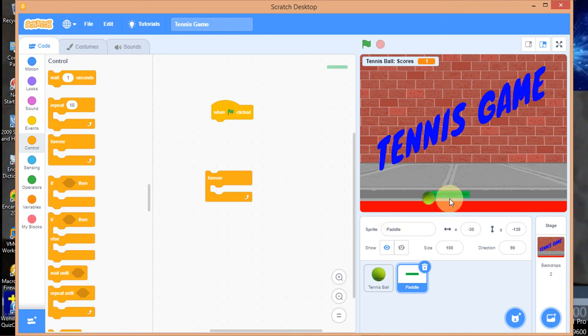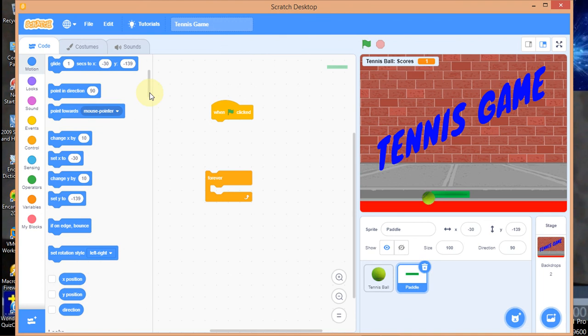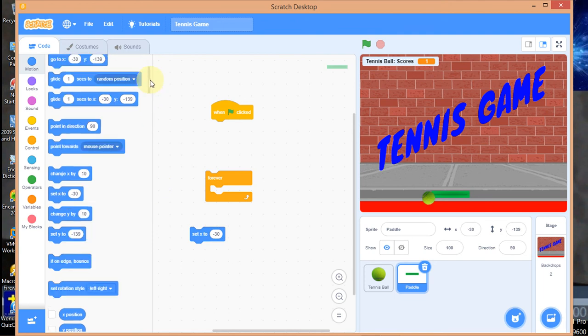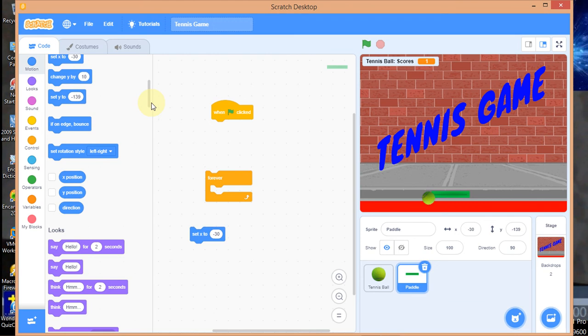Okay, so I want my paddle to be able to follow my mouse direction, and that is the x-axis, guys, because it's horizontal. So let's go back to motion, and then set. Okay, set x to. I can't go to set y to because it's x direction. That's why I set x to. So set x to, not minus 10. It shouldn't be fixed. So I want to set x to mouse. Okay, and the position I want to set x to is the mouse. So where do I get mouse?